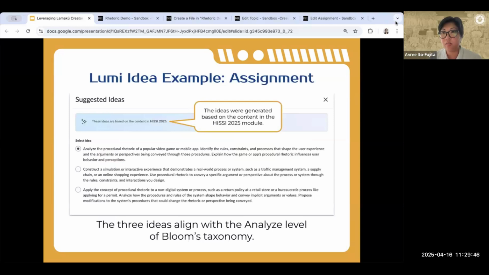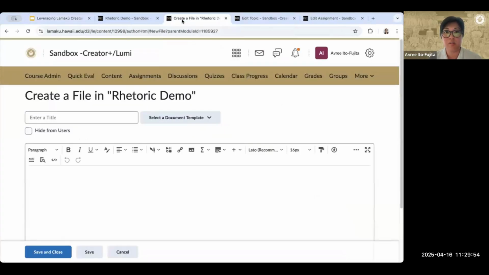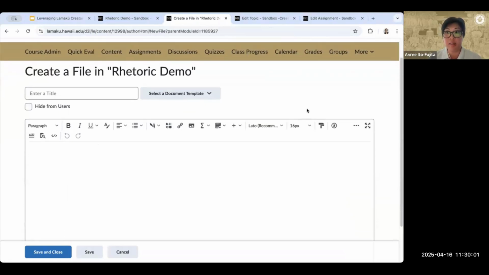So I'm going to go over an example for Lumi Idea focusing on assignment. But before I do that, I realized I totally blew past Lumi Practice earlier. So again, Lumi is compatible with Insert Practice. I am currently in a Create a File